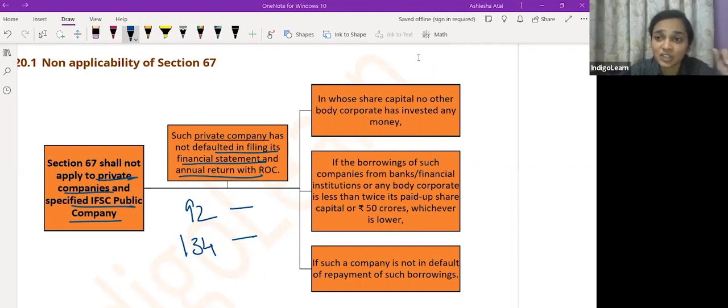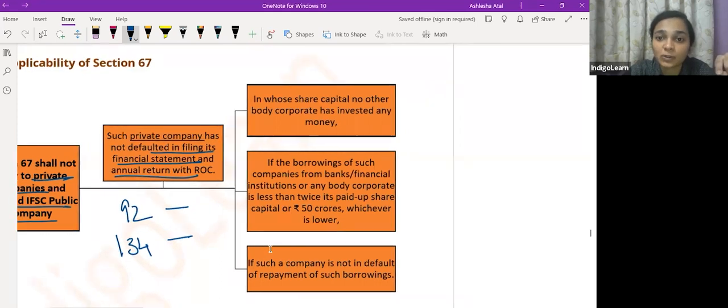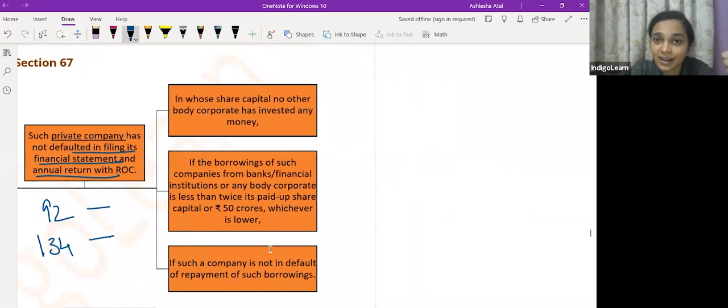However, this section, that is these restrictions, will not be applicable in case of a private company if the private company complies with all of these conditions. The first condition is that the private company should not have made any default in filing financial statements and annual return with the registrar. And also the second condition is